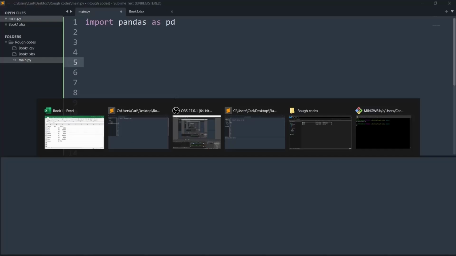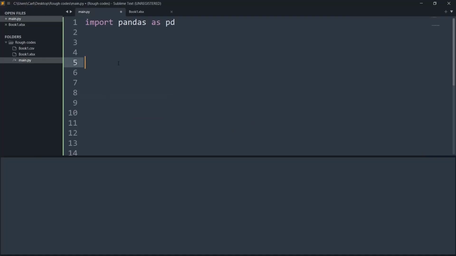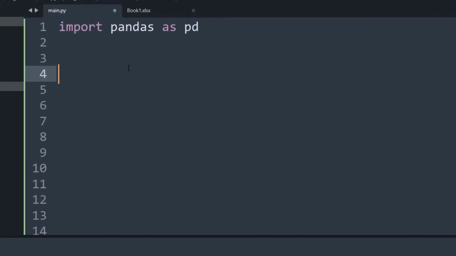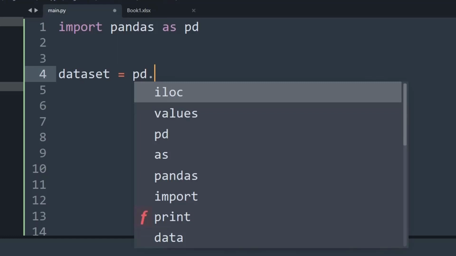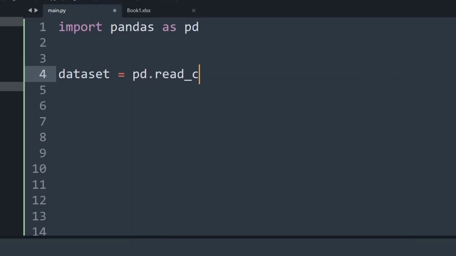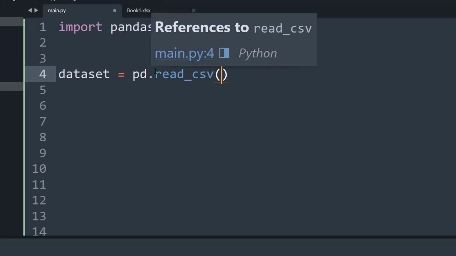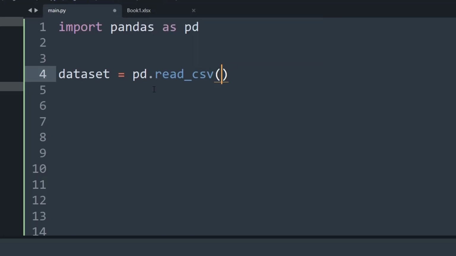So let me go back to my code editor, and in the first line I have typed in import pandas as pd, and now I will create a variable called dataset, and I'll say pd.read_csv. So read_csv is a function that is specially used to read data from a CSV file and import it inside our code.